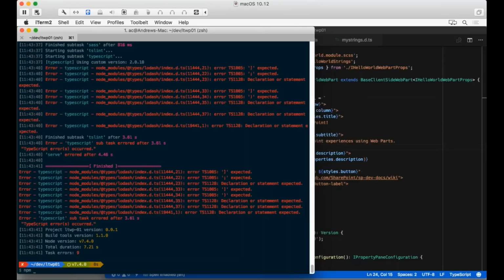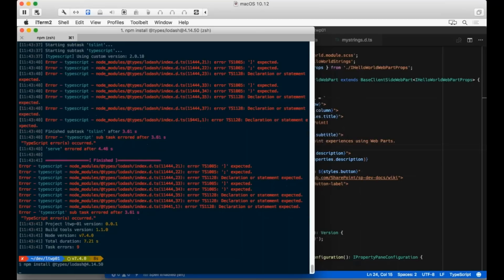Today, to get around that, you just say npm install @types/lodash and then go for a specific version, 4.14.50. It's disappointing that Microsoft should be either doing a shrinkwrap build for all the stuff that we're pulling down so that we don't get hit by changes that happen upstream. That's one approach. Another approach would be, well,